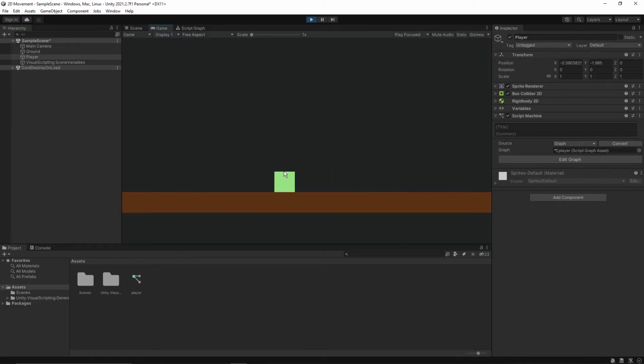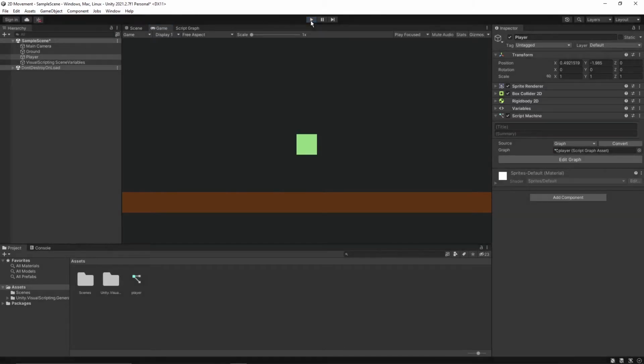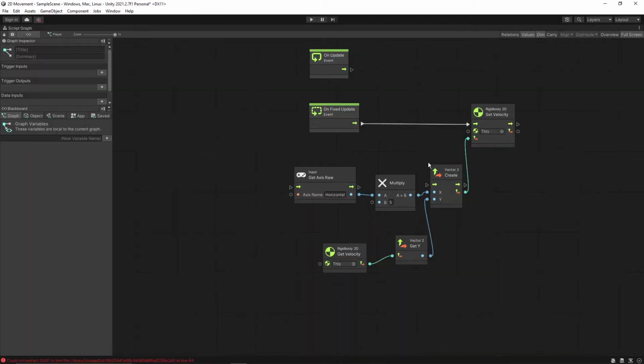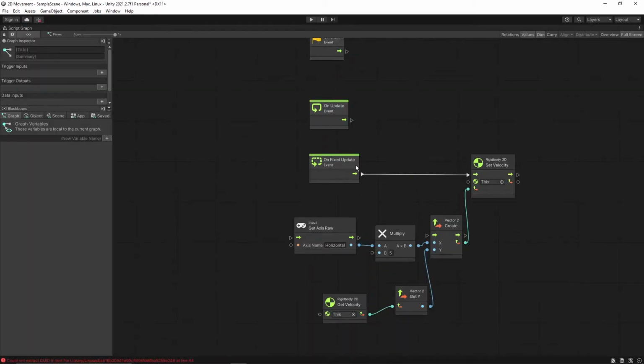So our game object or player object is moving left and right correctly. Now let's talk about how we can make this game object jump. For jump, we should not use the onFix update, because this will run on a fixed interval. That interval could be 1 second or more than that as well.